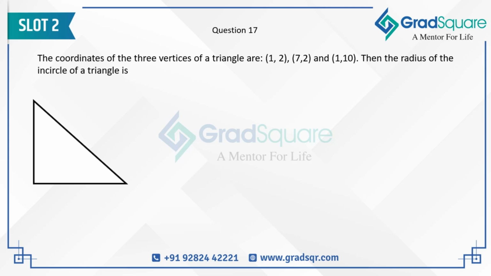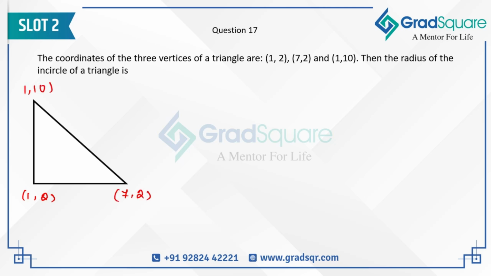Now in this question, the coordinates of the three vertices of a triangle are (1, 2), (7, 2) and (1, 10). Then the radius of the incircle of the triangle is the question. Now we'll try to roughly plot this. So this is going to be (1, 2) and this will be (7, 2) and this will be